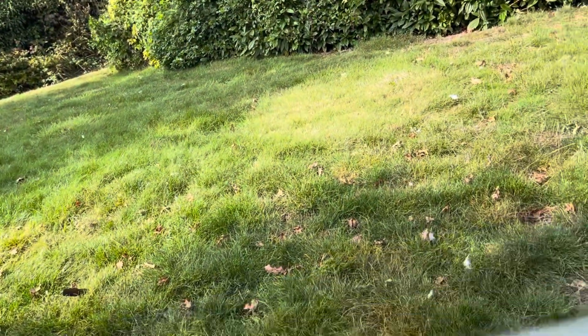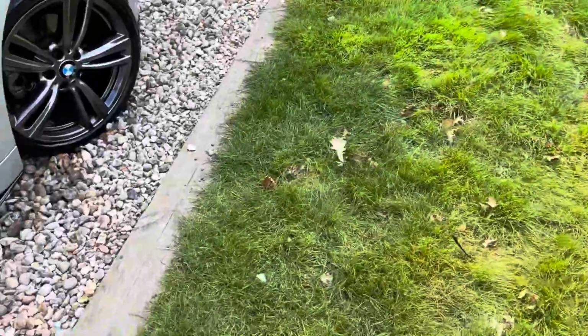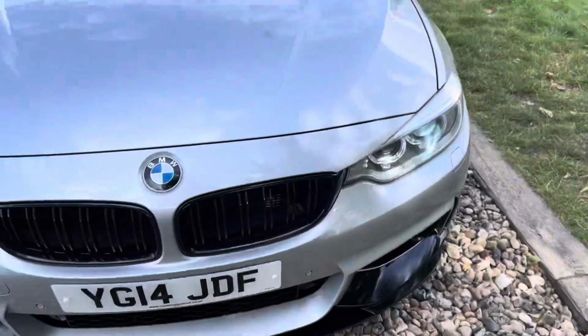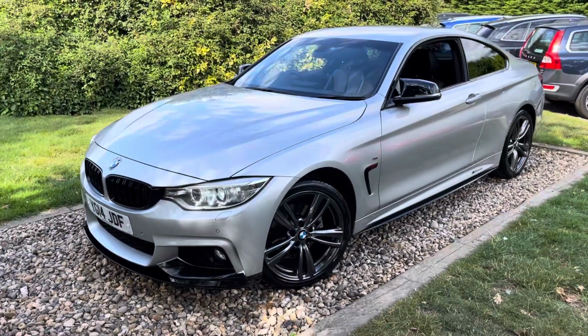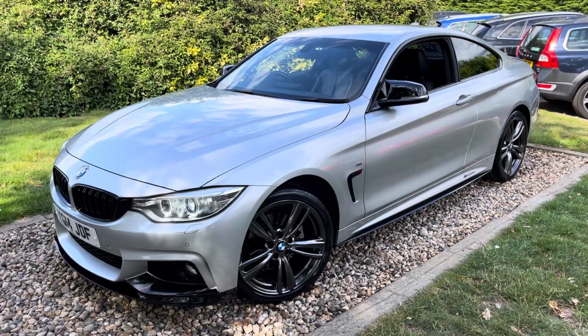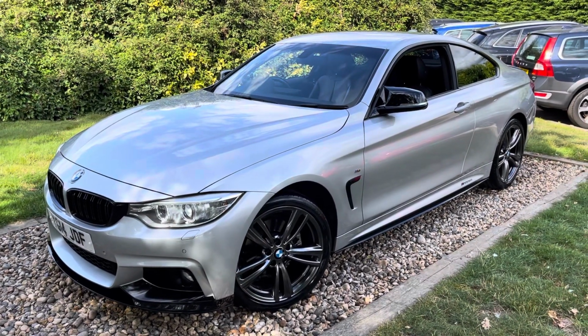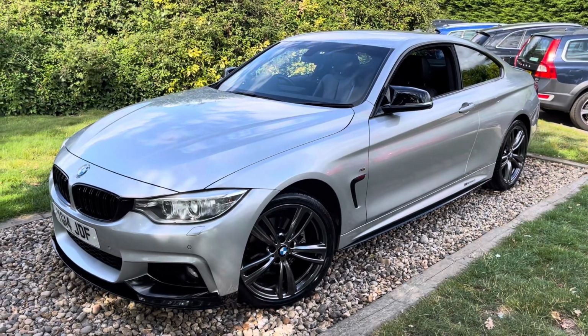So there we go. Guys, I get there's a few 420 xDrives for sale, M Sports. I also understand price is important, but I think just as important as price is what you buy, and this is a beautiful looking M Sport, and where you buy it from. I've been in business 22 years plus. I've got a great reputation. The company's Opus Group. My name's Nigel, based in a little village called East Farleigh, just outside Maidstone in Kent. If you're looking for a nice 420D xDrive this weekend,